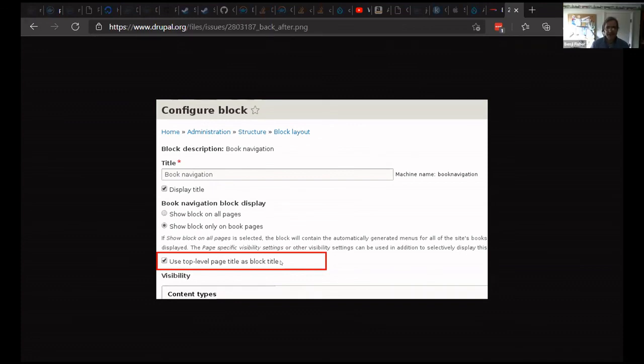Keep in mind the implementation. Currently, the option we're discussing, use book title as block title, only appears if you select show block only on book pages. Yes. Okay. That's why. And furthermore,